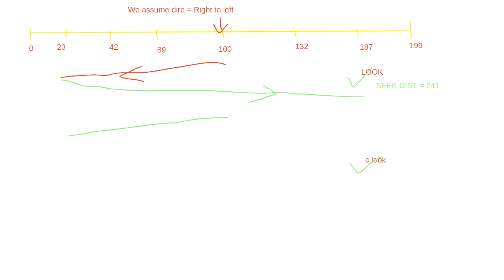After it goes to 23, then what happens? It will take the reverse direction now. I will take this in red color, the reverse direction. Now you see it will go to the last request. What is the last request? 187. After going to the last request, from there it will again fulfill the request of 132, and if anything else is there. So this is how CLOOK works.